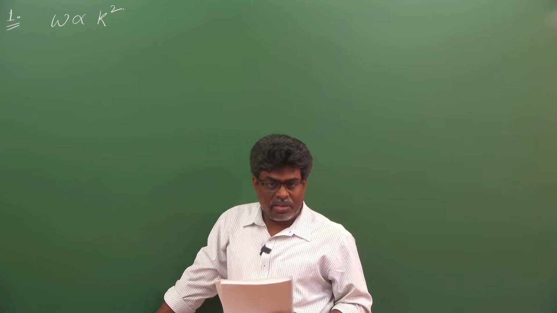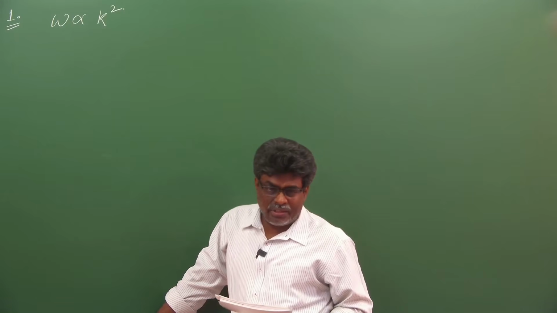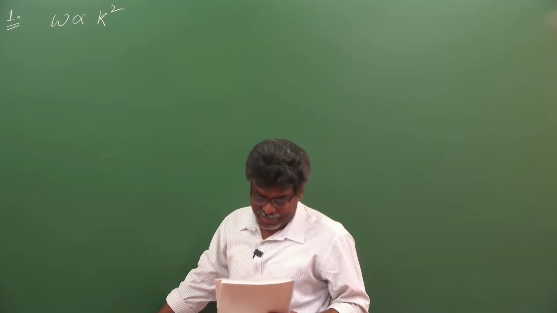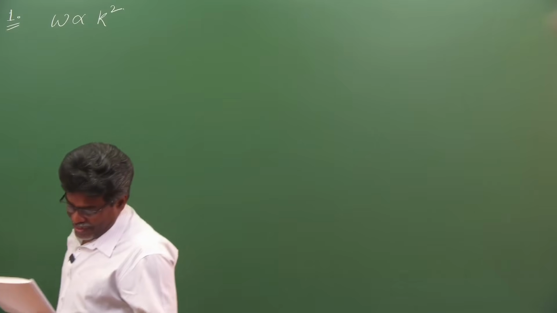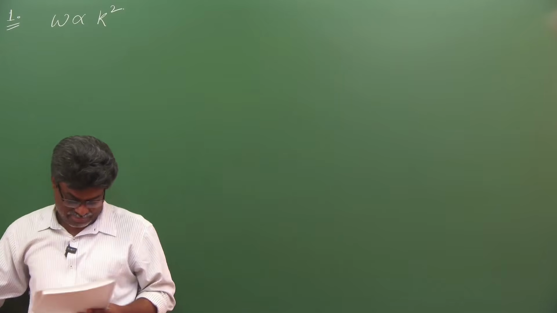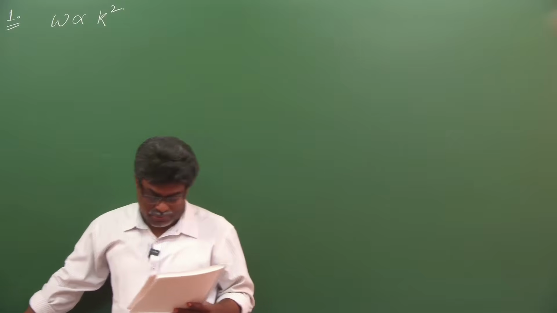Underline that k square. Could you please tell me what is your s value? What is your d value? Now what is the answer? Full stop. If the chemical potential is 0, the behavior of specific heat of the system